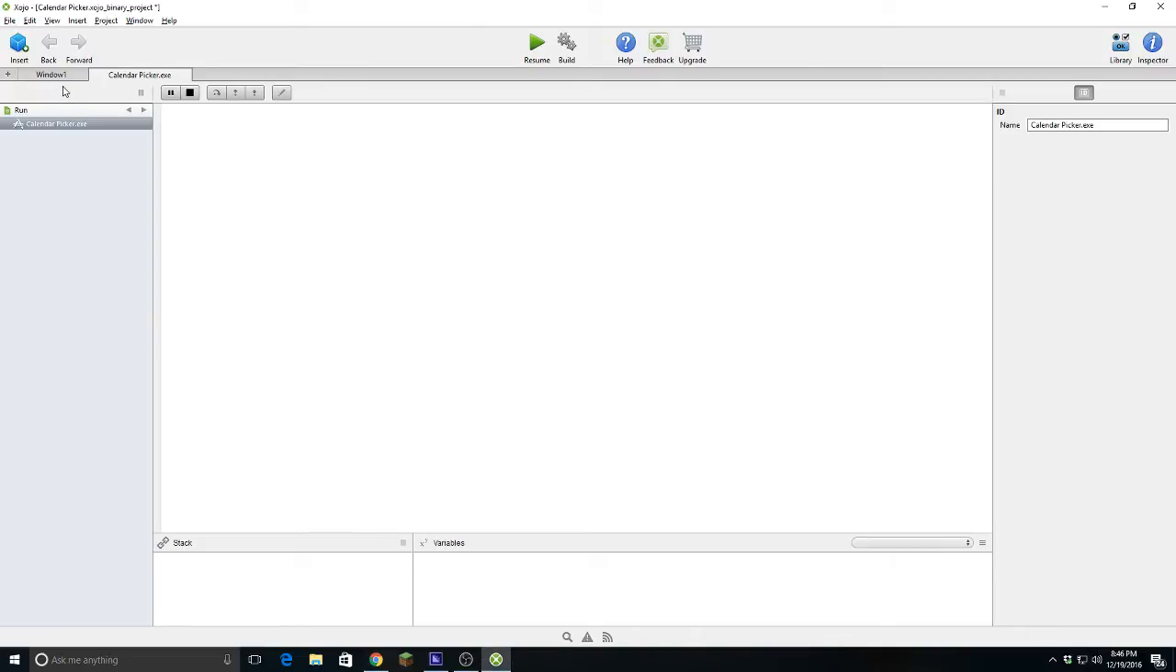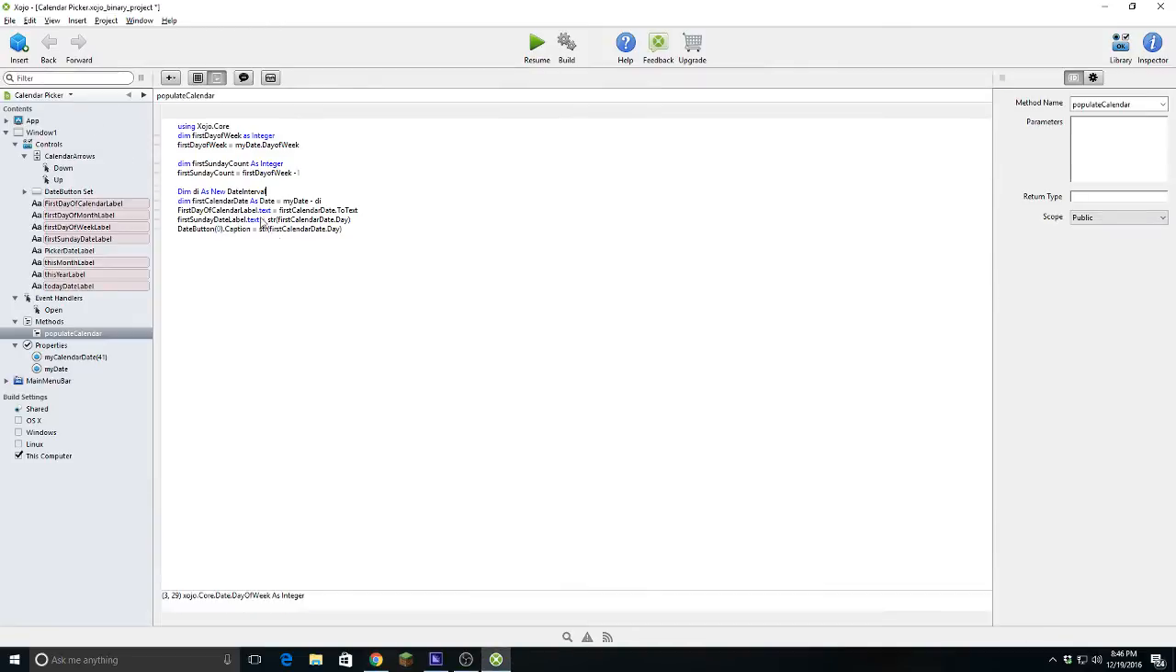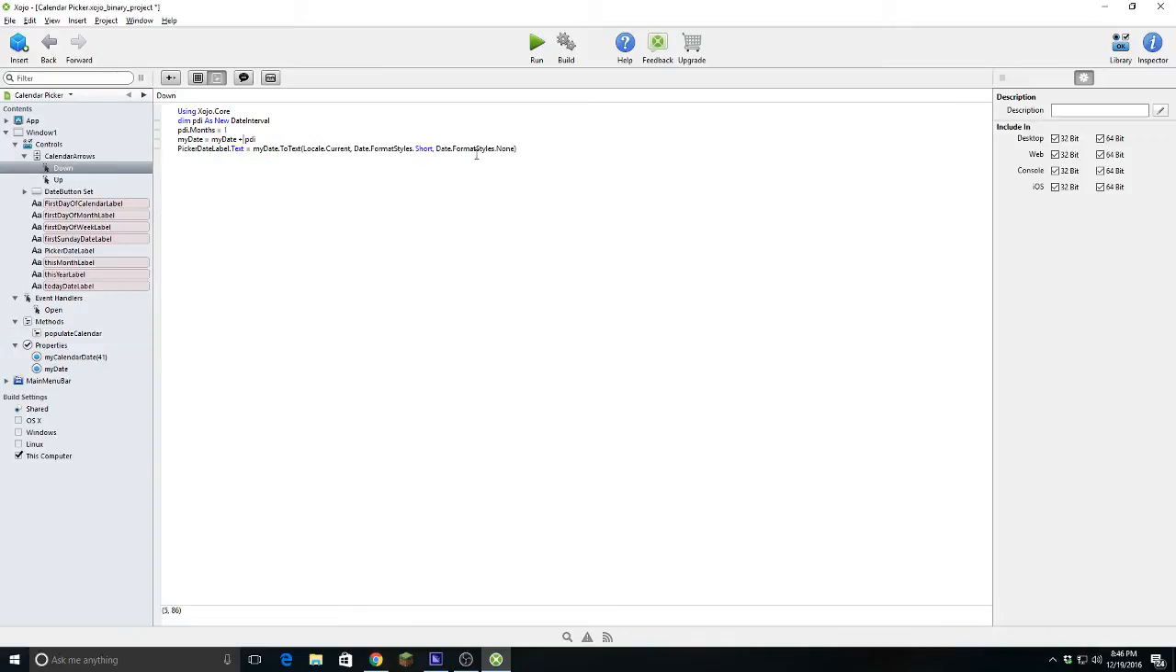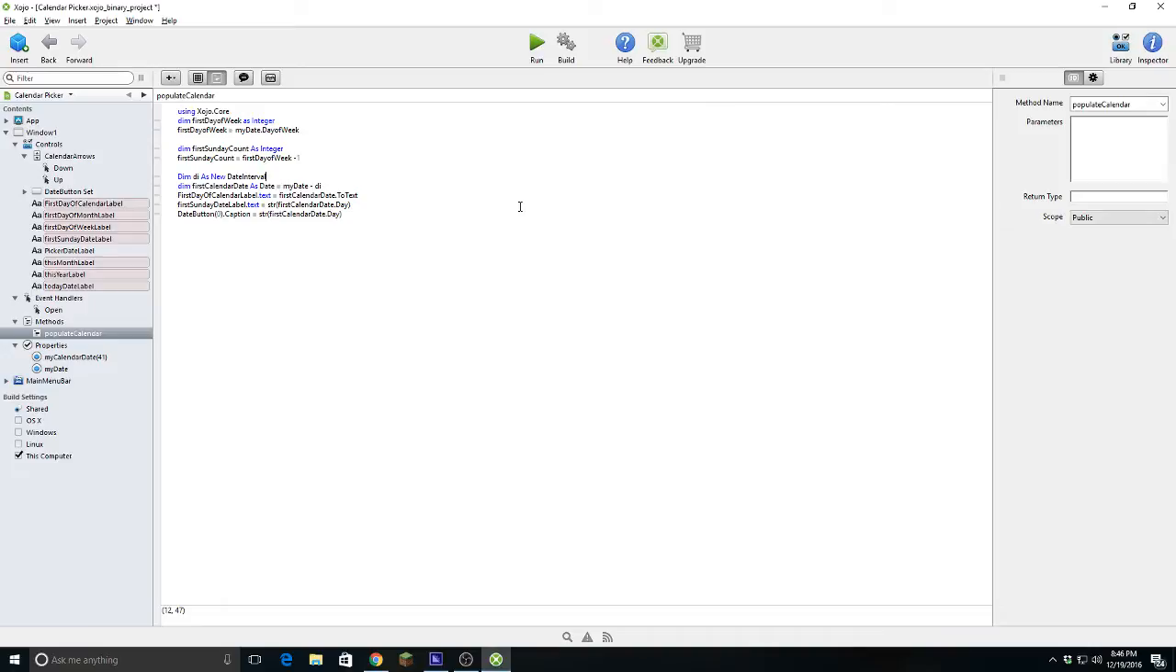I only ran it just to make sure it's working. Okay, so let's do down, and let's say populate calendar. So on the down arrow, we're gonna hit populate calendar. Let's make sure we know what's gonna happen. So if I do populate calendar,